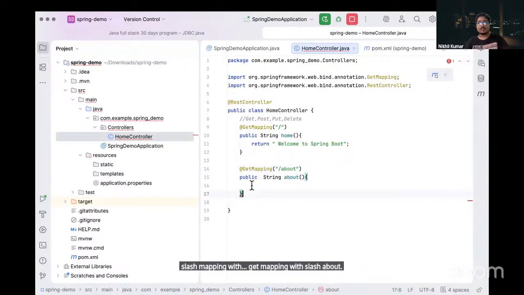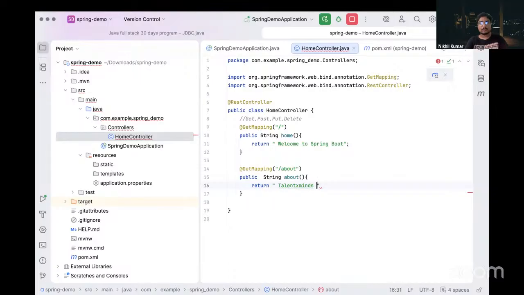So here what we will do, return, and we can write it directly.